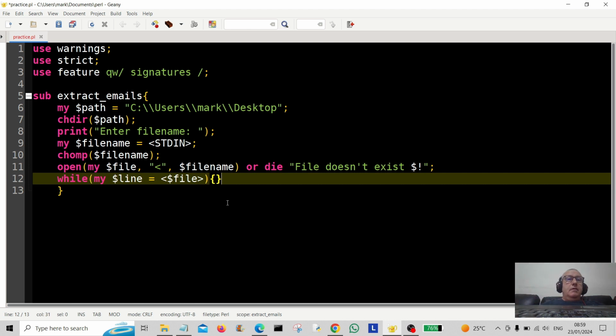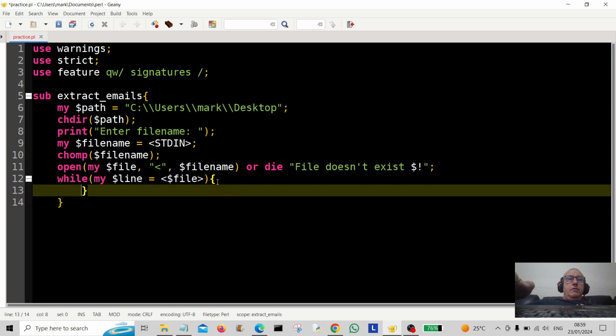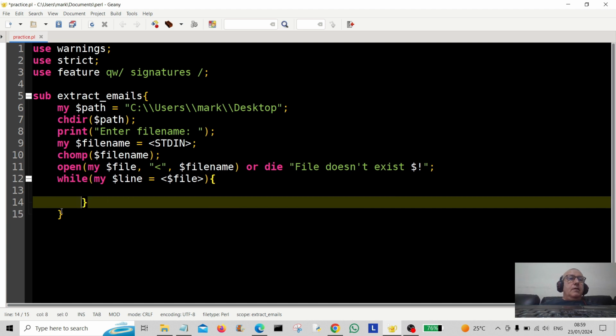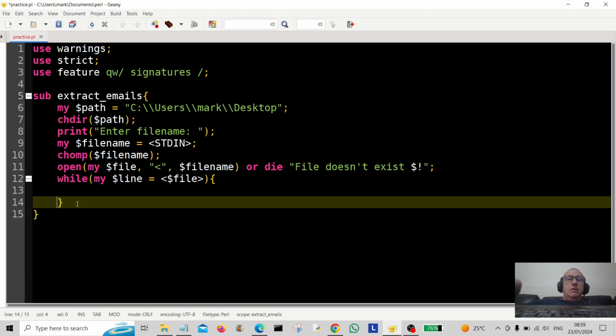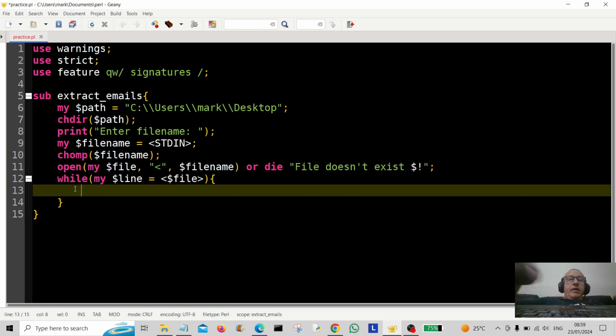So we're going to read through the file, each line. We just neaten this up a little bit. Each line we're going to go through, and now we're going to use a little bit of regex to match a few things. So if the line